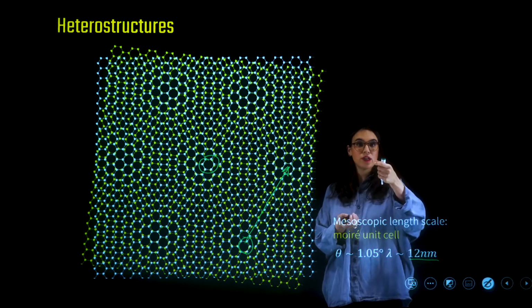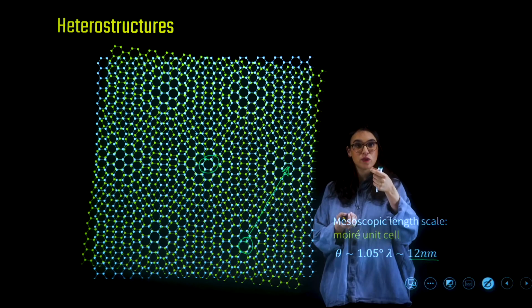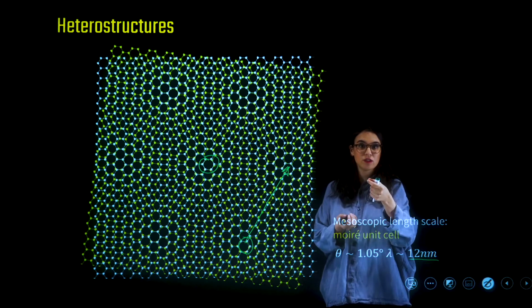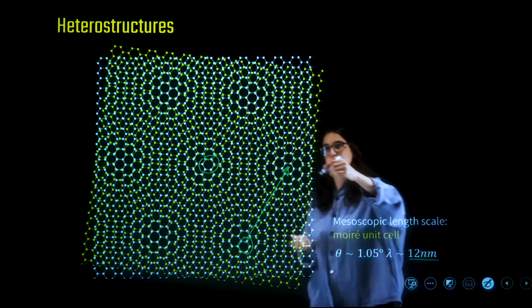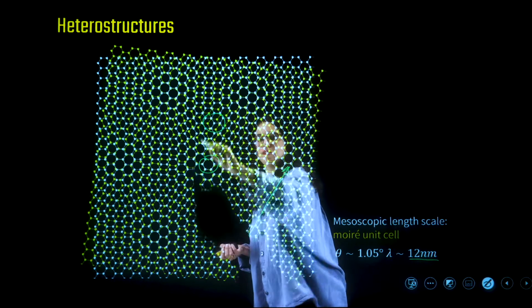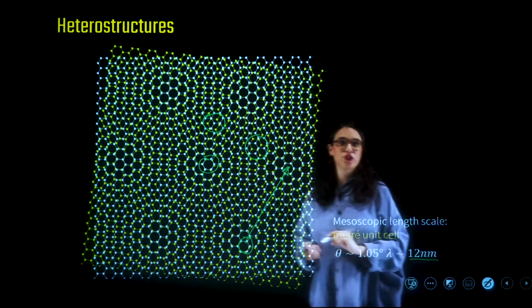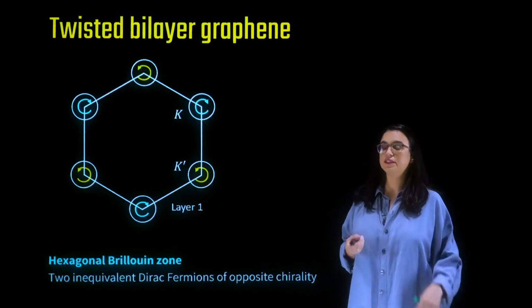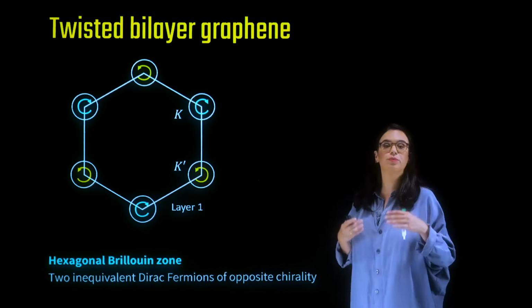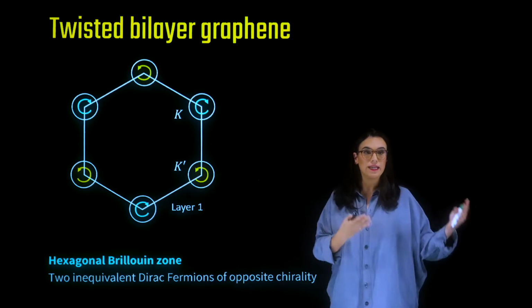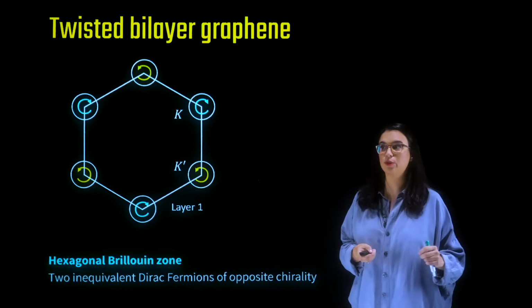This means that the carbon atom of the top layer is falling right in the middle of the hexagon of the bottom layer and vice versa. And these are these regions. This superstructure is going to be reflected as well in the momentum space, in the reciprocal lattice